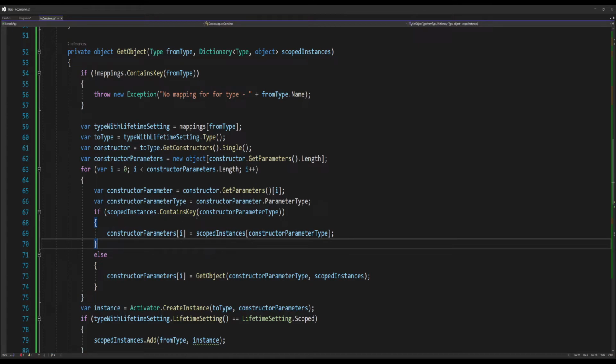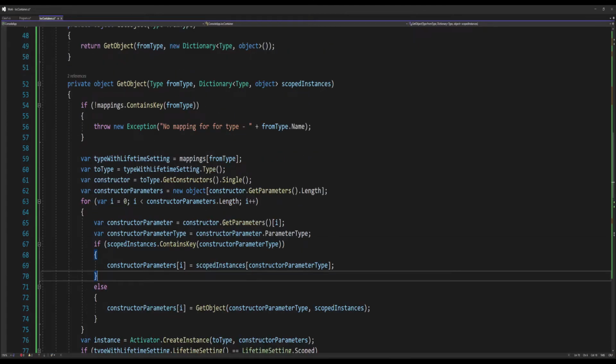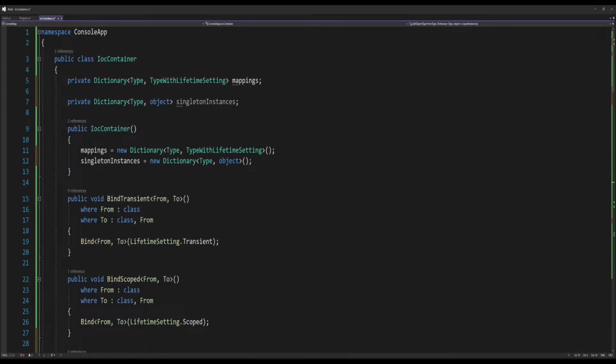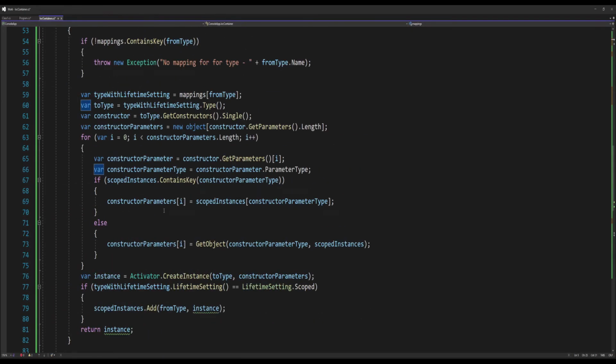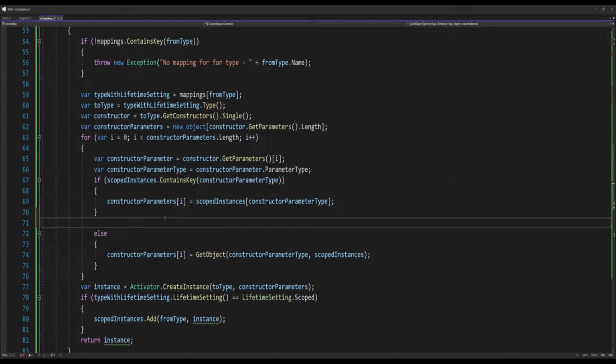So we check to see if the scoped instances contains the constructor parameter type. Again, the way these mappings work is all the types are going to be unique, so you can't have, like, I second level A represented twice. Since I second level A or any other type can only be represented once, you can't have multiple lifetime settings for a specific type. So that's why we can just run down the list: if it exists in scoped instances, then that binding only exists for scoped if it finds one. Otherwise, it only exists for transient, and I'll add the additional one